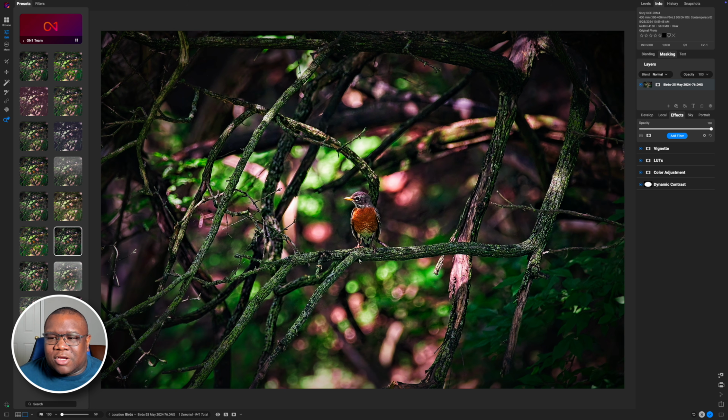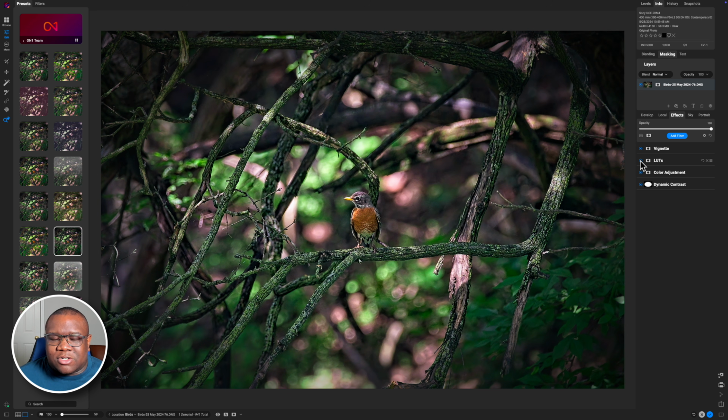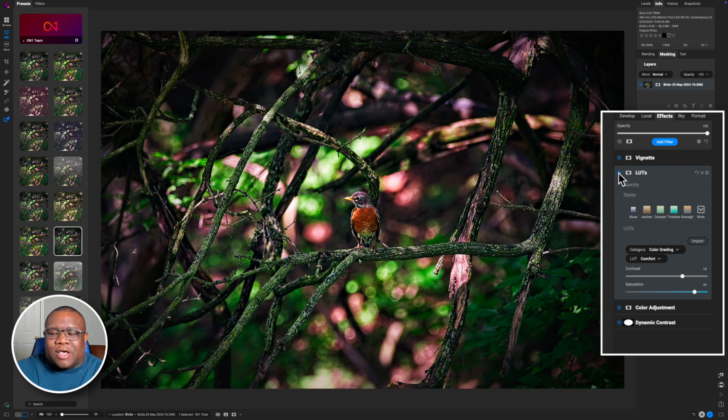Now, what you can see here is I have a LUT that is going over the image. If I turn off the LUT, you can see what it looks like without it and with it. The beauty of masking, which you are already familiar with, is you can put things just where you want them inside of an image. And the way that masking works is